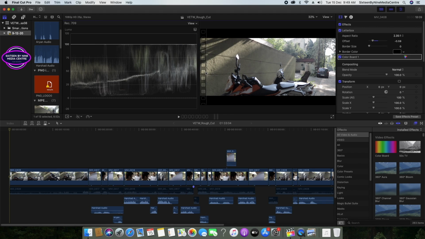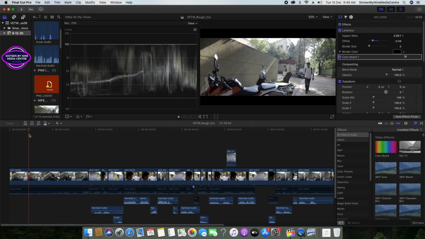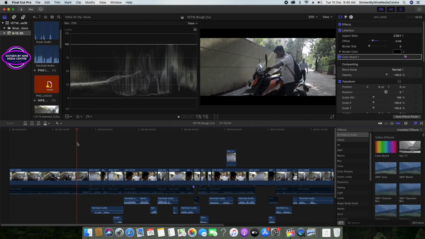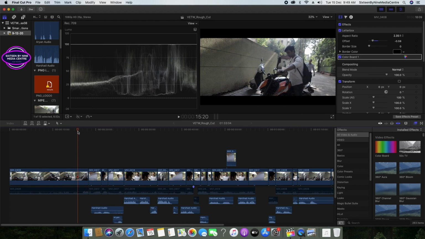Now, when you start to color correct any image, the first thing is that you set the brightness and contrast and the luma of the image before jumping into the color. This is very important and this information you should always remember.